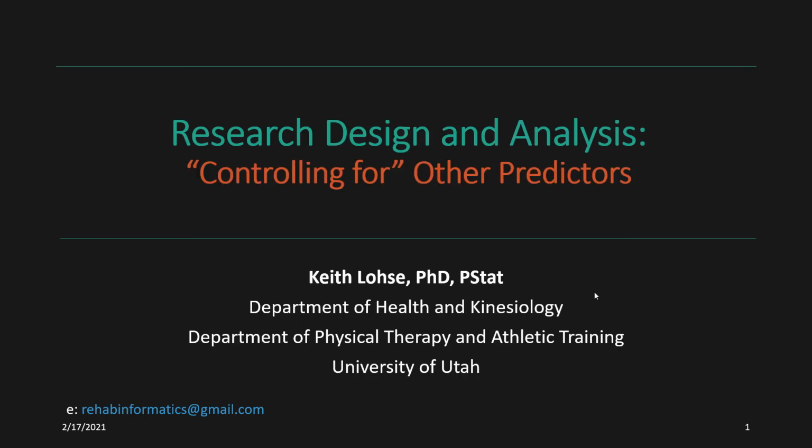We're building off of the first video to talk about multivariable regression in general. So we haven't gotten to building in categorical predictors yet, but we're talking about some of the issues where we have multiple variables in the same regression model. So we're going to really build on the ideas from the previous video to drill down on what it means to control for another variable and how do we calculate an estimate of a slope when we have multiple variables